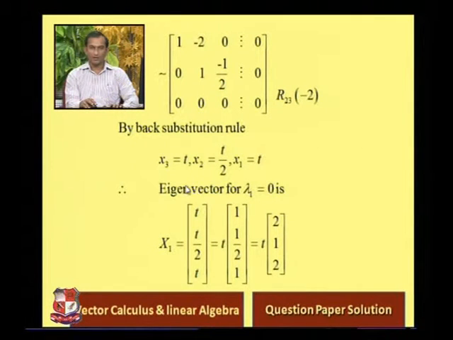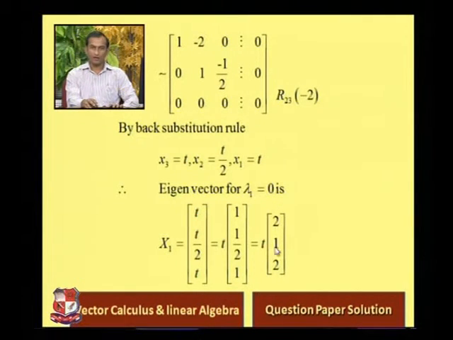So using the parameter x3 equal to t, and using the second row we get x2 equal to t by 2, and from the first row we get x1 equal to t, and then substituting in the eigenvector, t by 2 and t, taking t common, we get 1 by 2 1. Simplifying by multiplying by 2, t equal to t into 2 1 2,